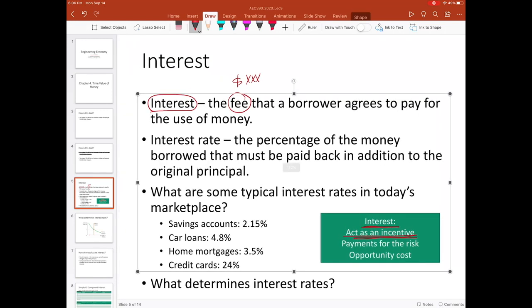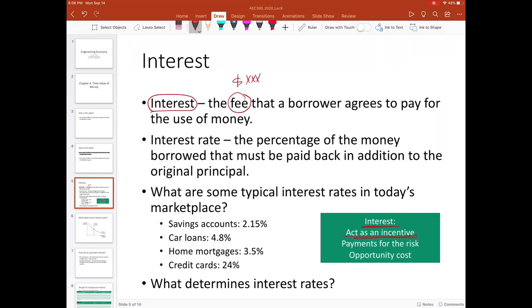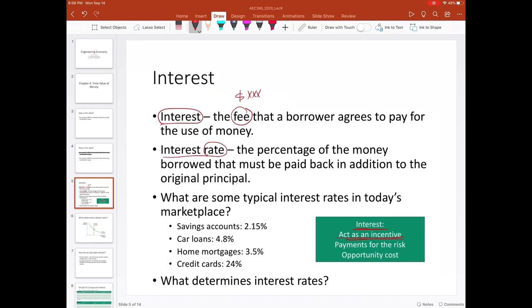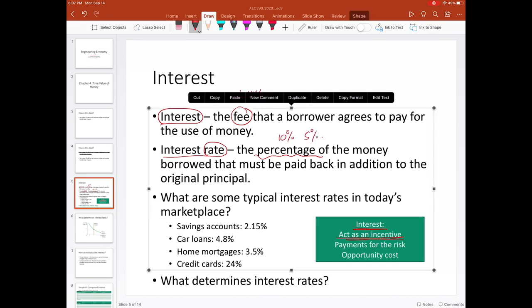And another concept is called interest rate. Interest rate is not that amount of money itself, it is a percentage. So interest rate is a rate. It could be 10%, 5%, any percent, okay? It's a percentage of the money borrowed that must be paid back in addition to the